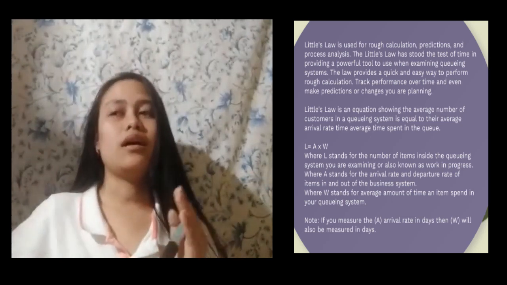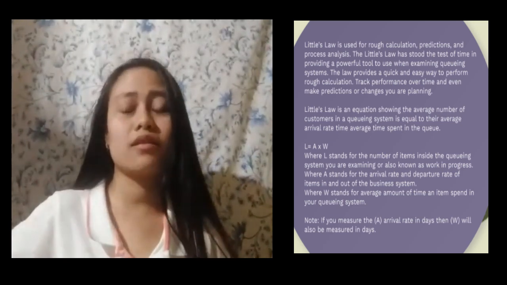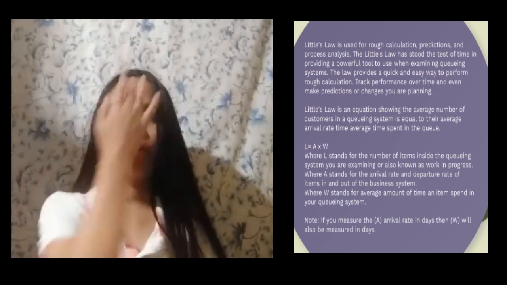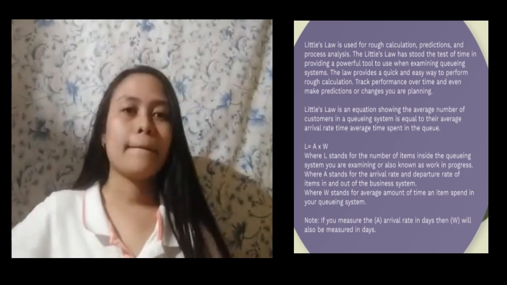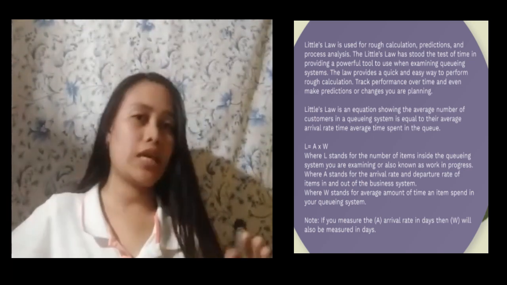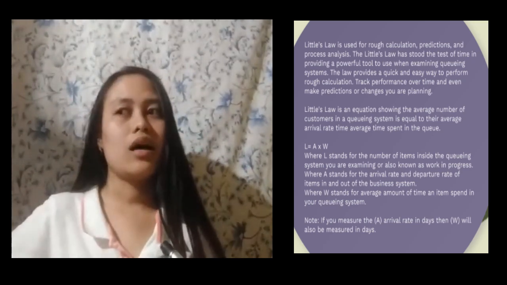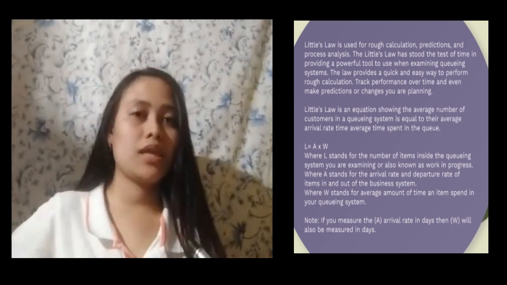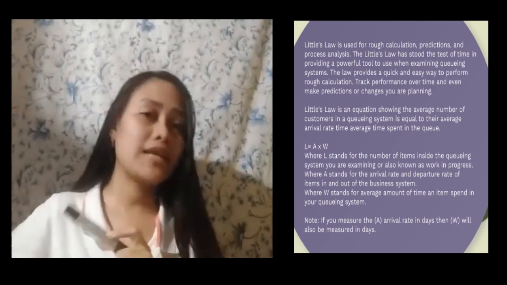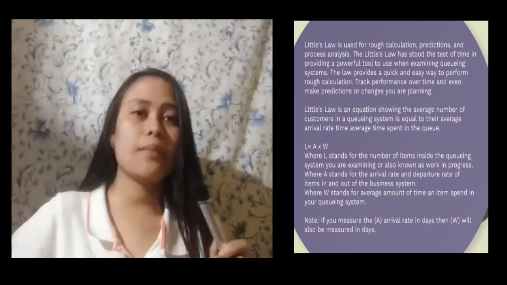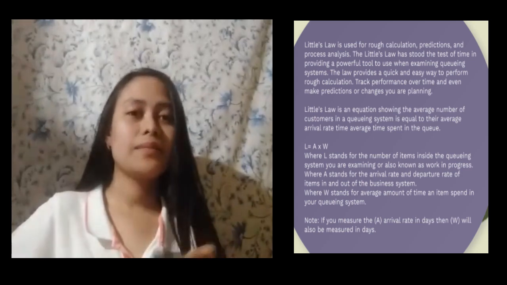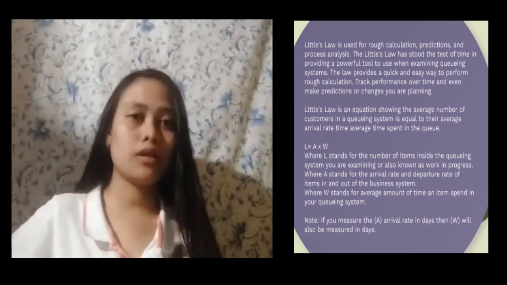It is also a theorem that determines the average number of items in a queuing system. In a simple explanation, Little's Law helps a business calculate the average number of items in a queuing system. The average items represent people. And the queuing system comes from the word queue, which means a line of people